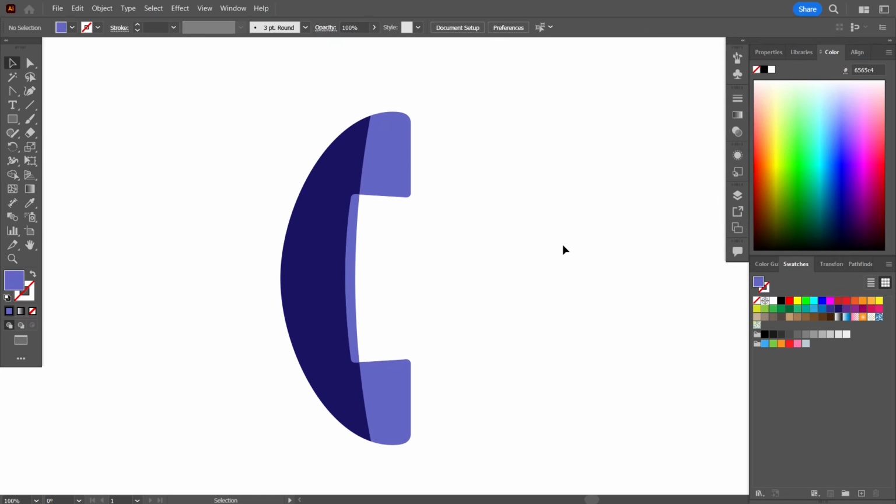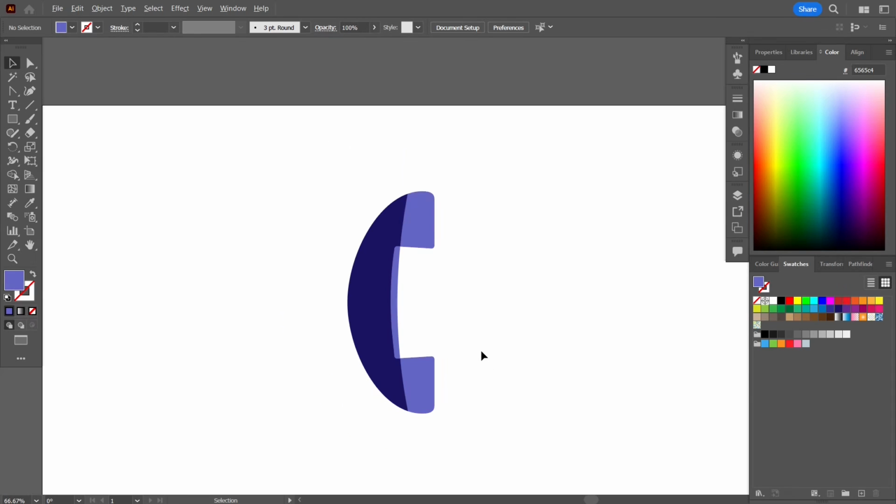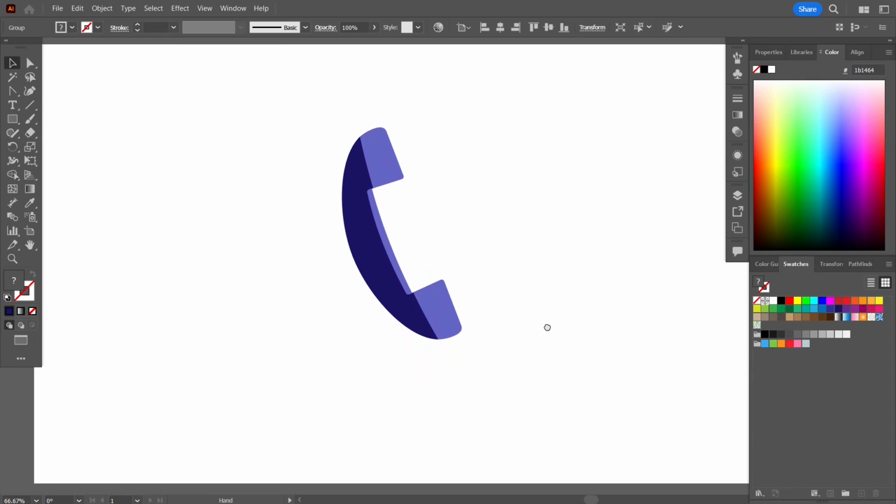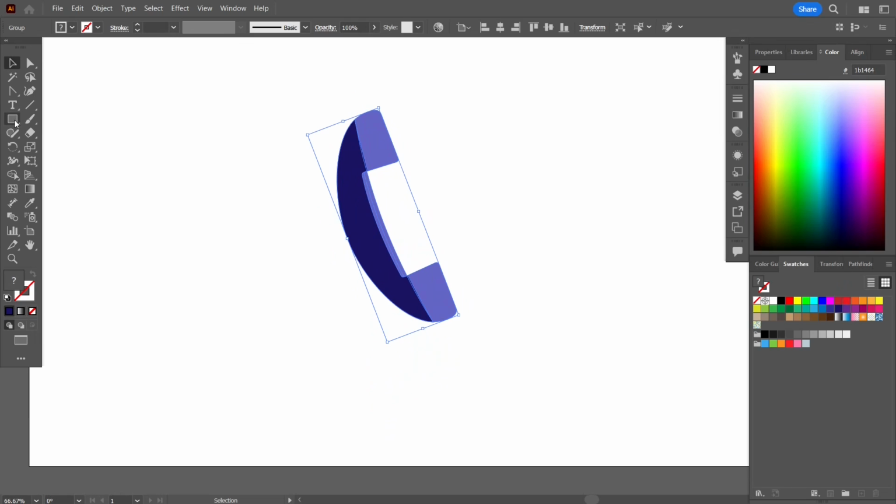This is pretty much how it looks on my phone as well, that I'm using as my inspiration. Now since this is a smaller shape, I can try and push it in, and finally we have the receiver or the handle of the phone. So I'm gonna group it together. I'm gonna rotate it a little bit like so, and I'm gonna give it a